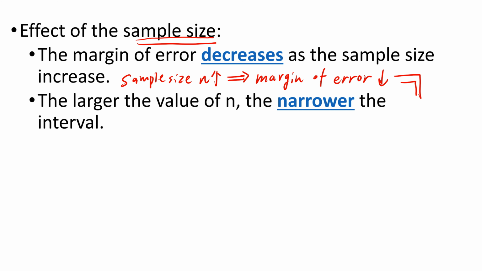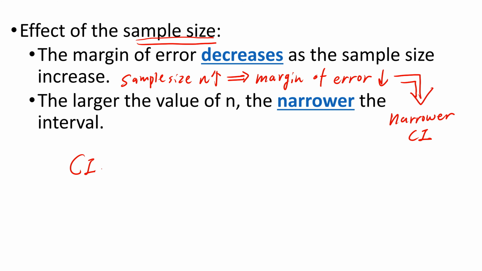And the margin of error decrease will result in a narrower confidence interval. Overall, the larger the value of n, the narrower the confidence interval will be,